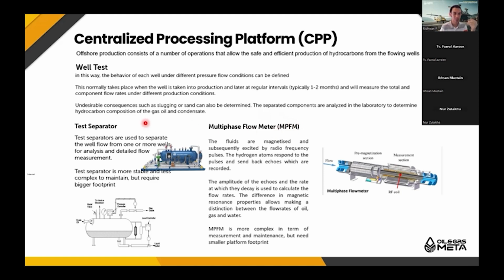Okay, so for well test, typically we have two types of method. The first one is the test separator. The test separator's configuration is basically just a normal production separator where we separate. It depends, if it is a two phase separator or a three phase separator. So if it is a two phase separator, at the gas and also liquid outlet, we will have